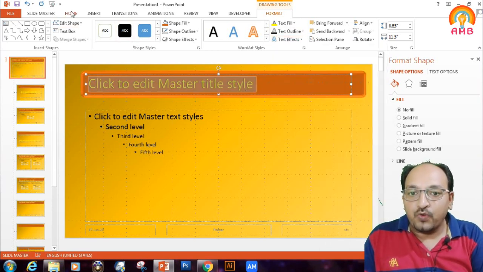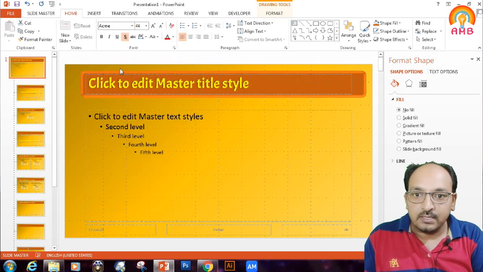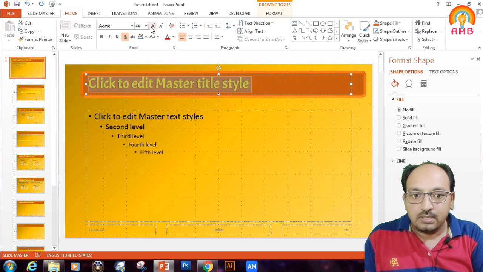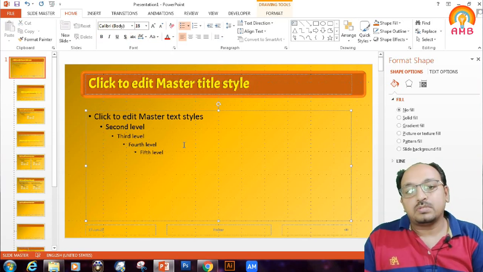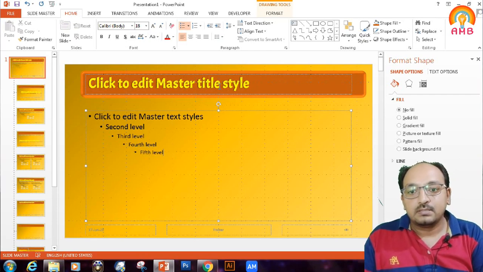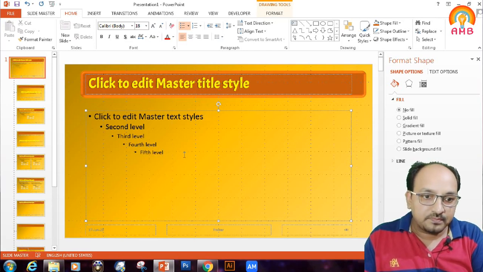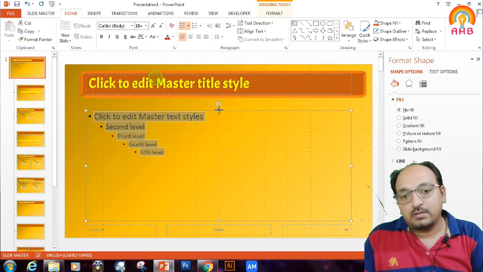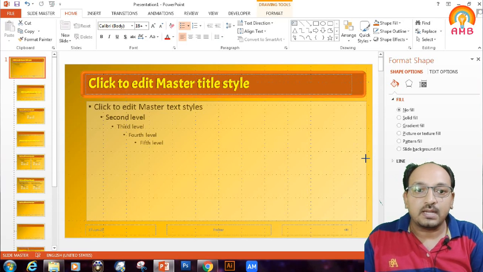We can change the font also. I am taking this Acme font and making it bold. So this is how we can customize the title of the slide, and for the sub headings or sub points, here also I am changing the color.